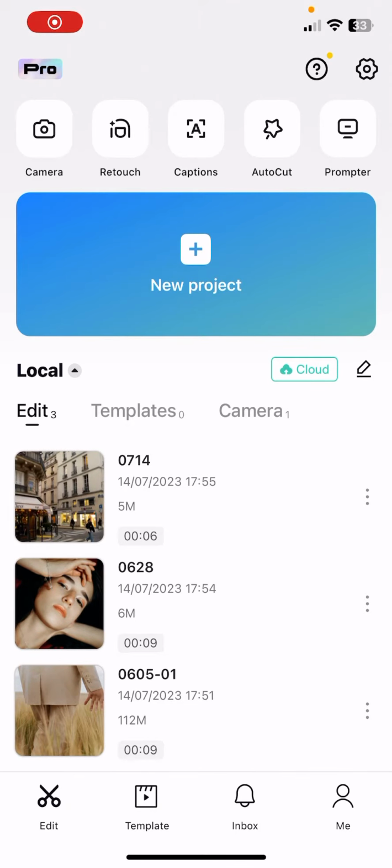Hello guys, in this video I'm going to show you how to use the offered templates by CapCut, but first